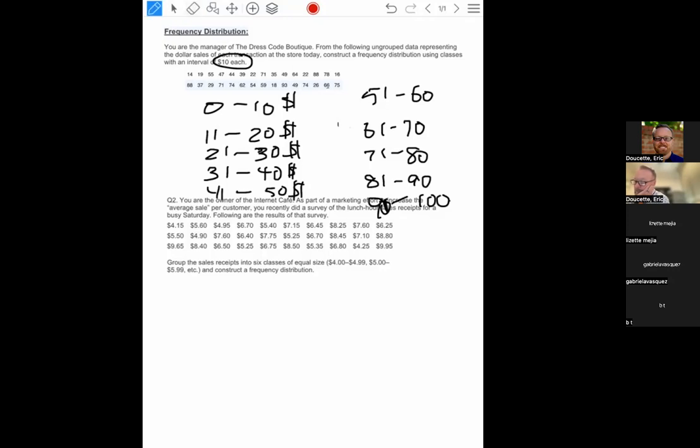just go through the data set and go, where does 14 go? 14 goes here. Where does 19 go? 19 goes here. Where does 55 go? 55 goes here. Where does 47 go? 47 goes here. Where does 44 go? 44 goes here. Where does 39 go? 39 goes here. Where does 22 go? 22 goes here. Where does 71 go? 71 goes here. Where does 35 go? So you would just go through the whole list and you would add it to each category: 64, 22, 88,